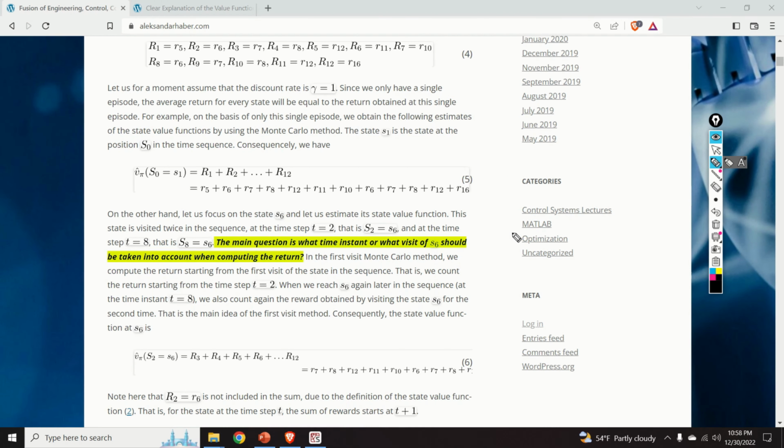To summarize, the state S6 is visited twice in the sequence. First at the time step t equals 2, and then at the time step t equals 8. The main question is, which time instant or which visit of S6 should be taken into account when computing the return? In the first visit Monte Carlo method, we compute the return starting from the first visit of